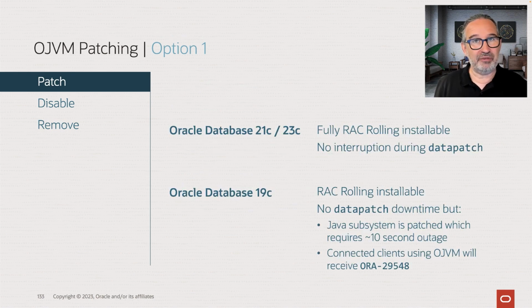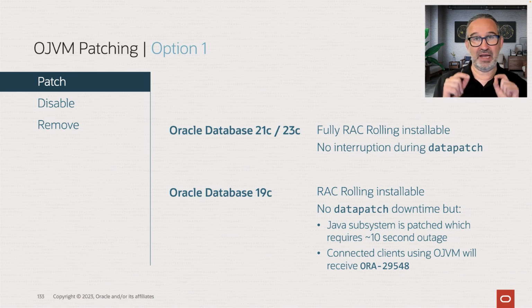With 21 and 23C, in RAC environments, the patch is fully rolling installable. And when we run the Datapatch, there's no interruption. Because in 19C, same behavior, binary is rolling, but when you run Datapatch, there's a brownout of 10 seconds to restart the Java subsystem for all instances in a cluster environment. In a single instance environment, you don't care about that. But in a cluster environment, you care